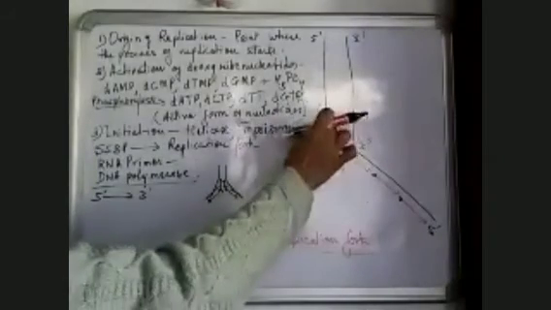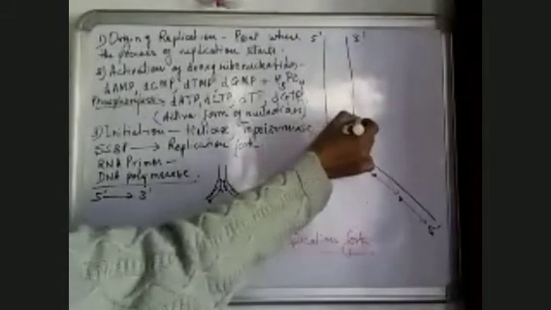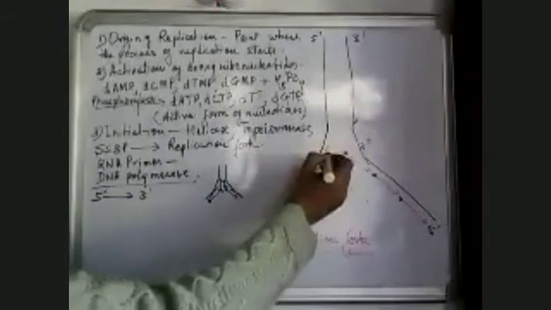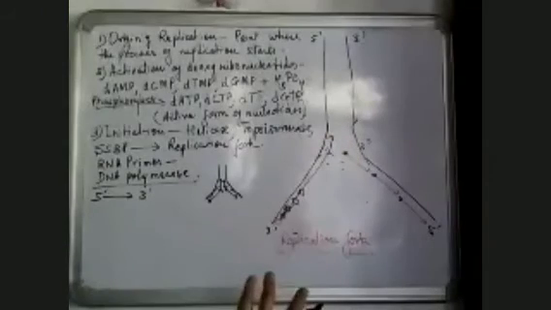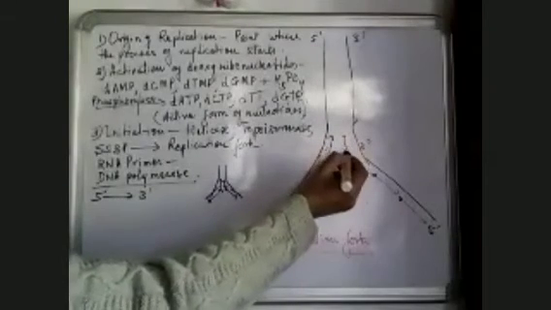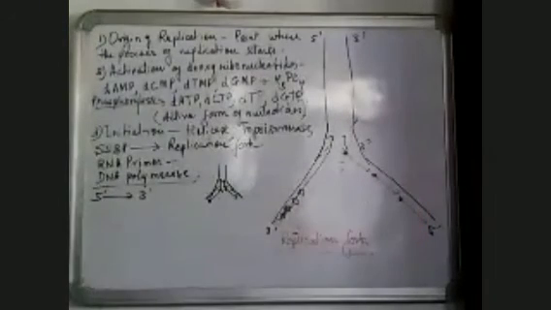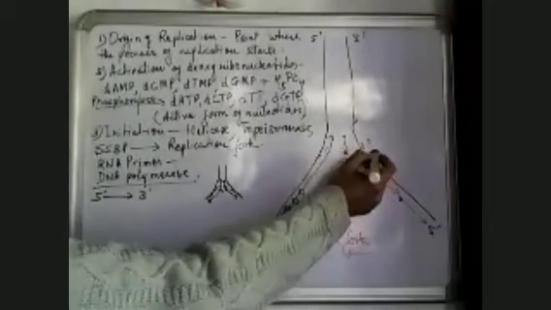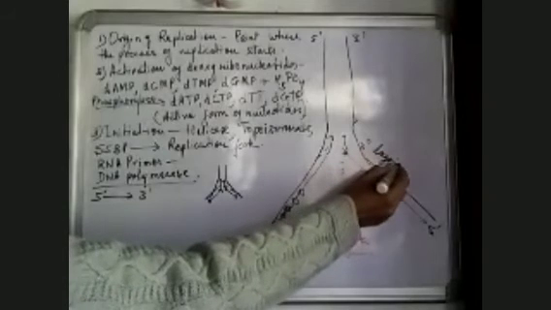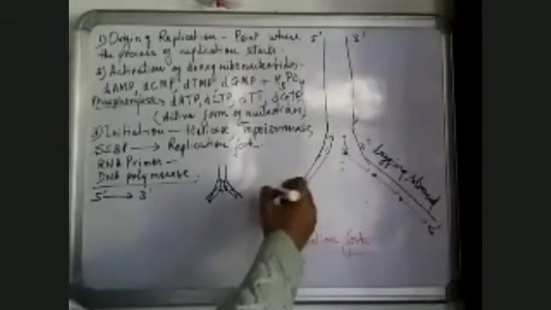Now if it opens more, suppose it has opened till here. Now what is going to happen? This will continue because it doesn't have to change direction. But on this side a new primer has to be formed which will move on to this side. So every time it opens up, a new primer has to be formed on this strand, which is also known as the lagging strand. Because of the formation of a new primer every time, in the lagging strand the fragments of DNA are formed, whereas this is the leading strand.